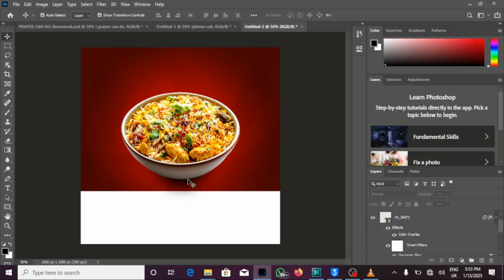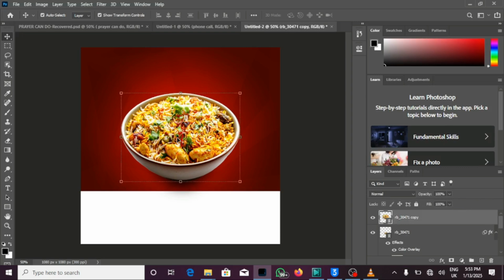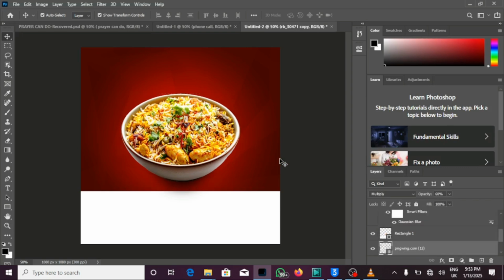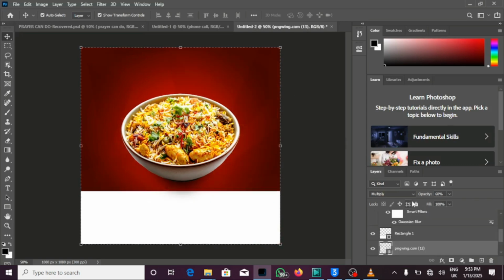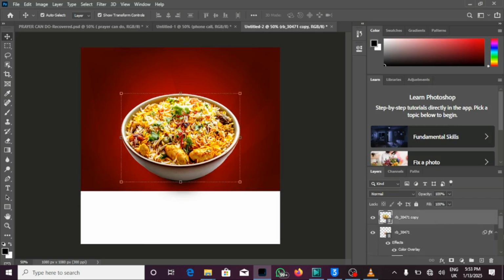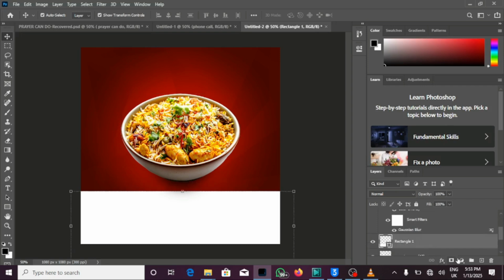So now we've successfully dropped this shadow. So let's bring this food down, and now let's work with the background again. As you can see, we have some text here, so we have to click here and now click on the group icon. Let's make sure this one is beneath the image. So let's click on the group icon,